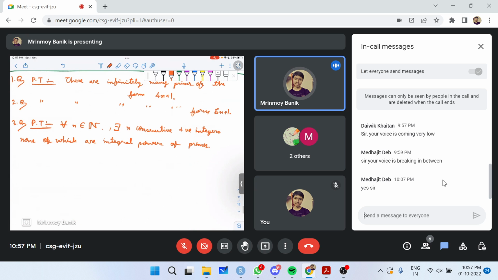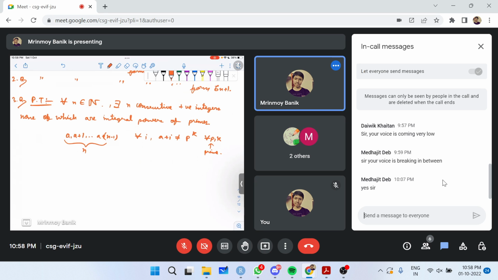You have to prove that for all n there exist n consecutive integers, like a plus 1 up to a plus n minus 1, and for all i, a plus i is not equal to p to the power k for any prime p. You will need both the Chinese remainder theorem and all the theorems that we have done till now to solve this one. And the last one is